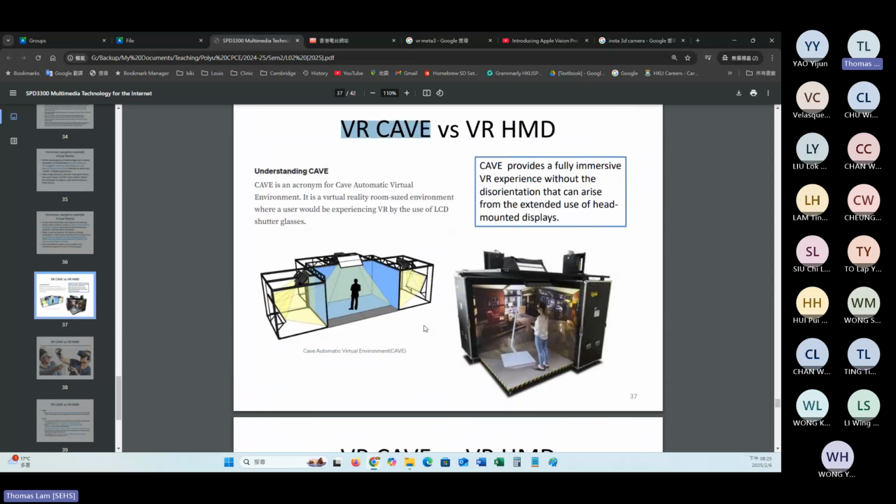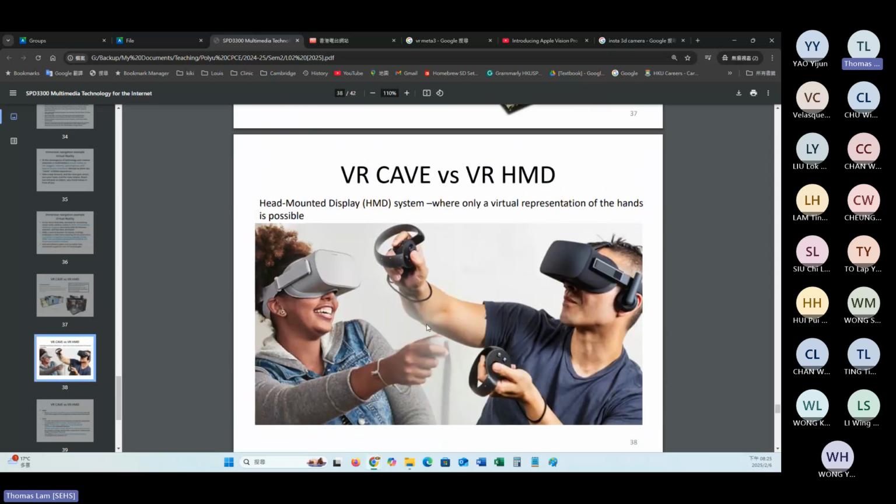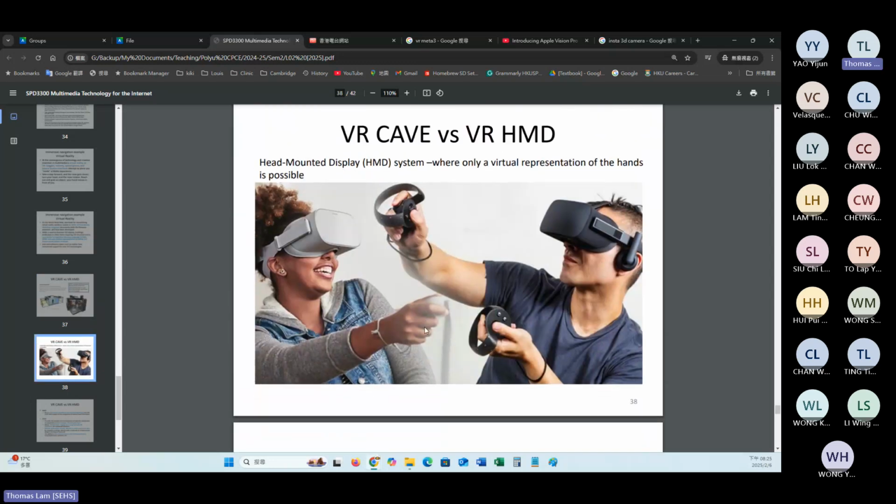Otherwise, nowadays, if you were in secondary school, maybe your IT teacher has purchased a head-mount display for you to try as well, because it's quite convenient. You just put on the helmet, and then using this kind of controller, you can experience the immersive environment.